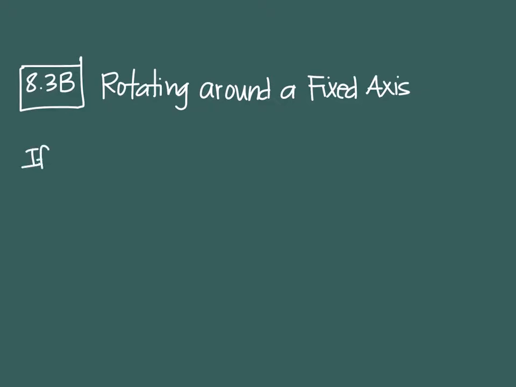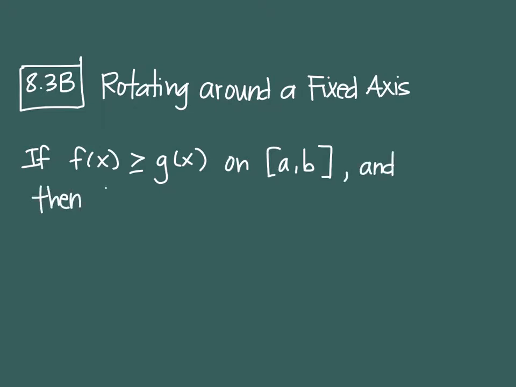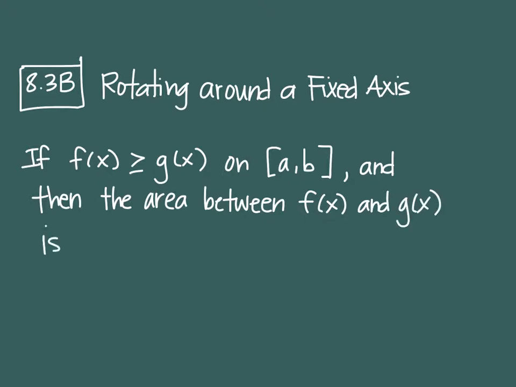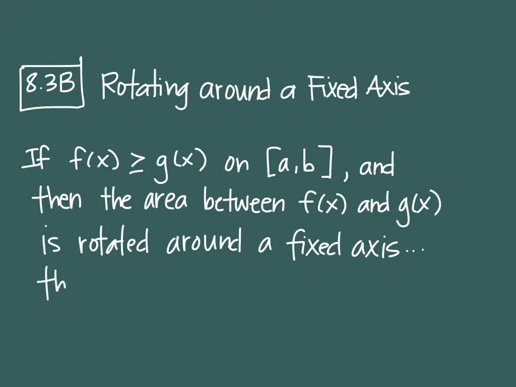Okay, so here's the rule. If f of x is always bigger or equal to g of x, so if you're drawing whatever function it is, and it's always higher than the other one, on a closed interval from a to b, and then the area between f and g is rotated around a fixed axis, then... Okay, I'm going to pause the video a second. Okay, then the volume formed will be